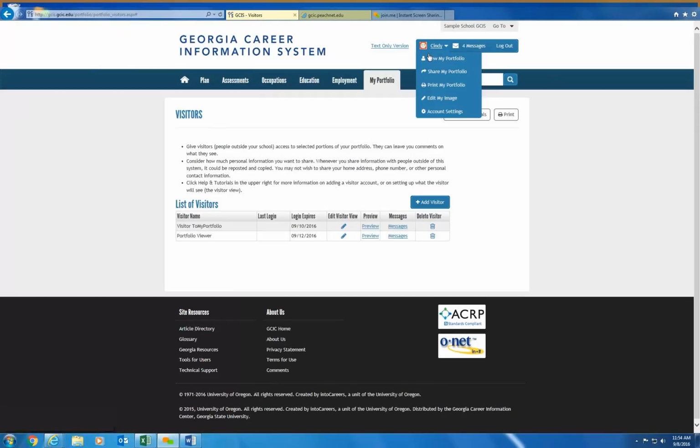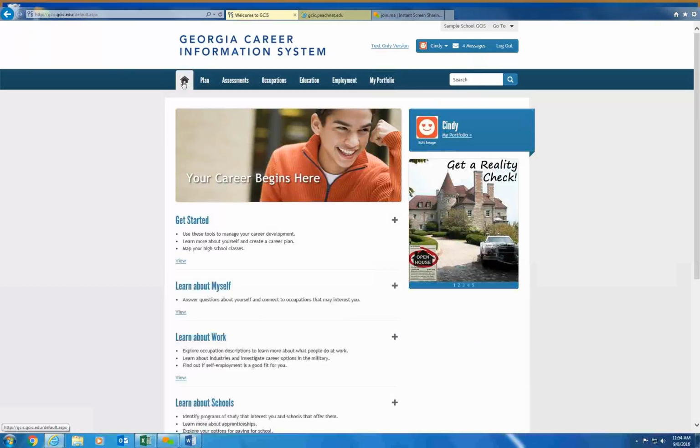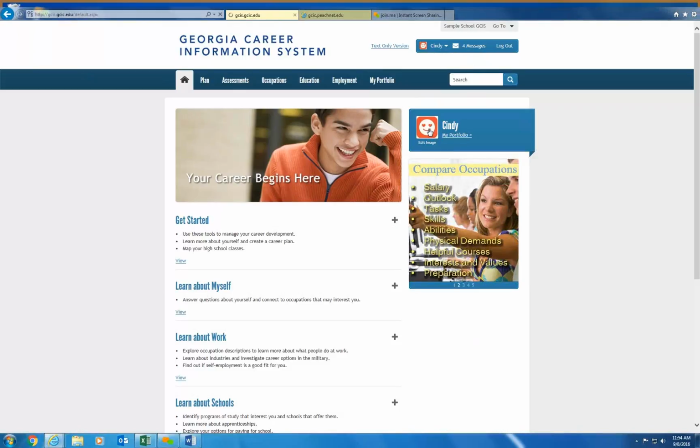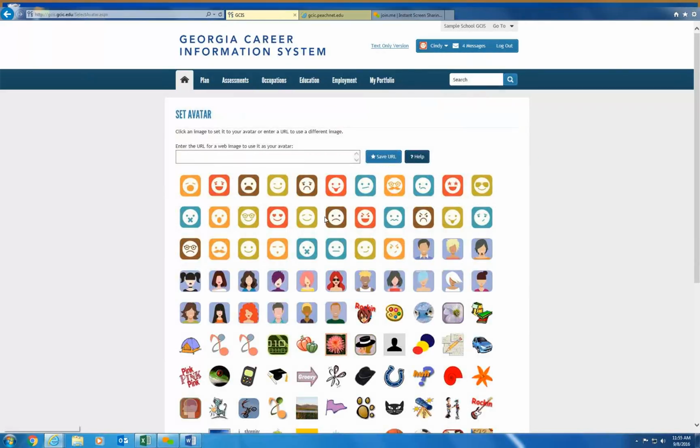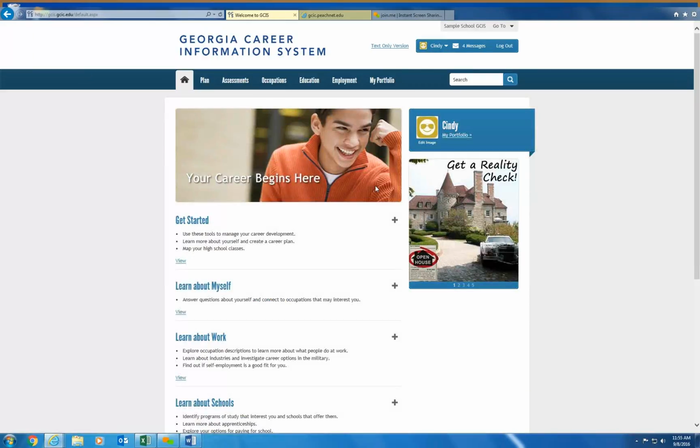The next thing that I can do, which is more cutesy, is edit my image. If you look in the far upper right-hand corner, you'll see that I have a little avatar. To show you a clearer view of it, let me click on the house on the far left-hand corner. That is the second way that you can get back to the very first page. You'll see a duplication of my name and my image. I'm going to click on my icon, and I can show how I'm feeling today. Today, I think I am very cool. So I now have selected my little icon.